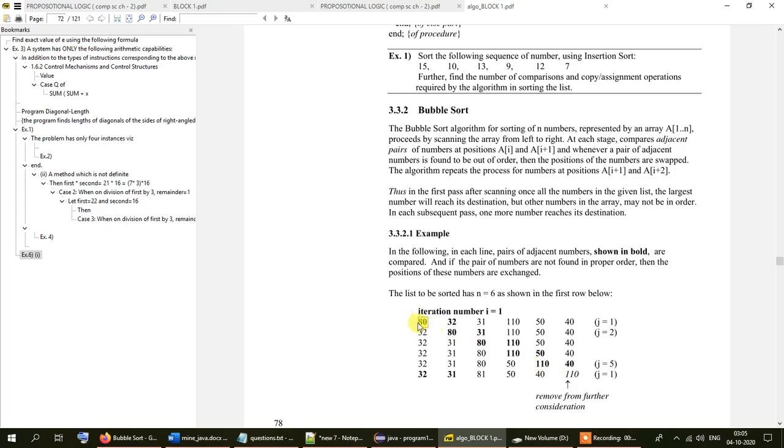So 80 will be transferred to the place where currently we are having 40. So 80 will be placed over here. What is happening is that in every iteration, as this bubble sort algorithm is used to sort the list of elements in ascending order, the highest number is settling at the bottom of the list, and that is why we are decreasing the area that is being sorted,